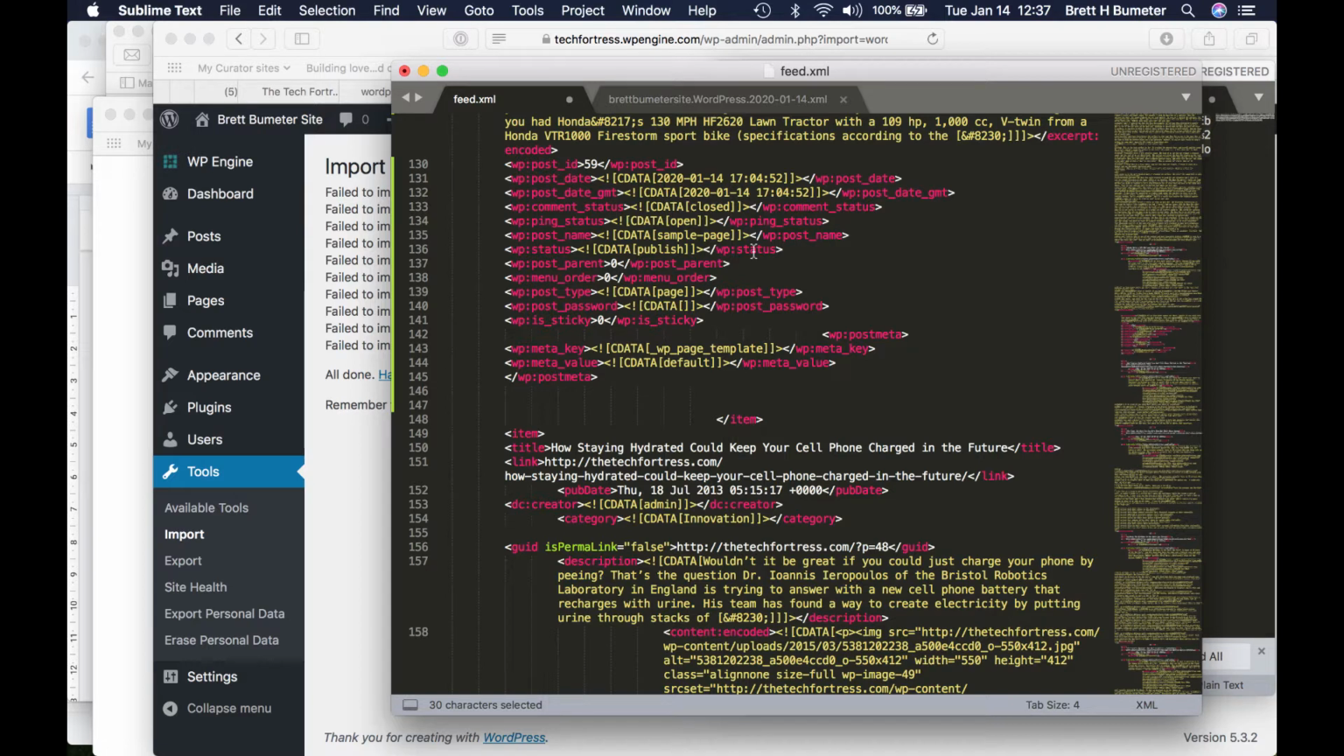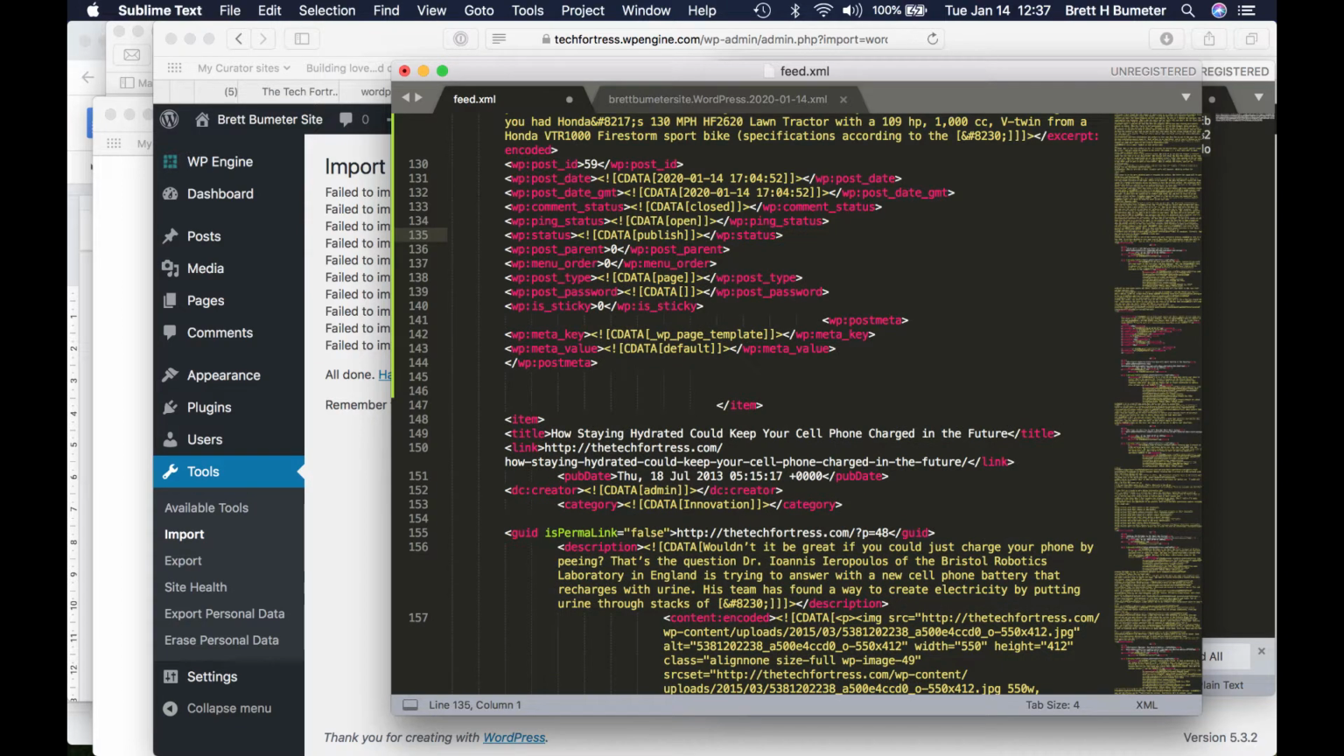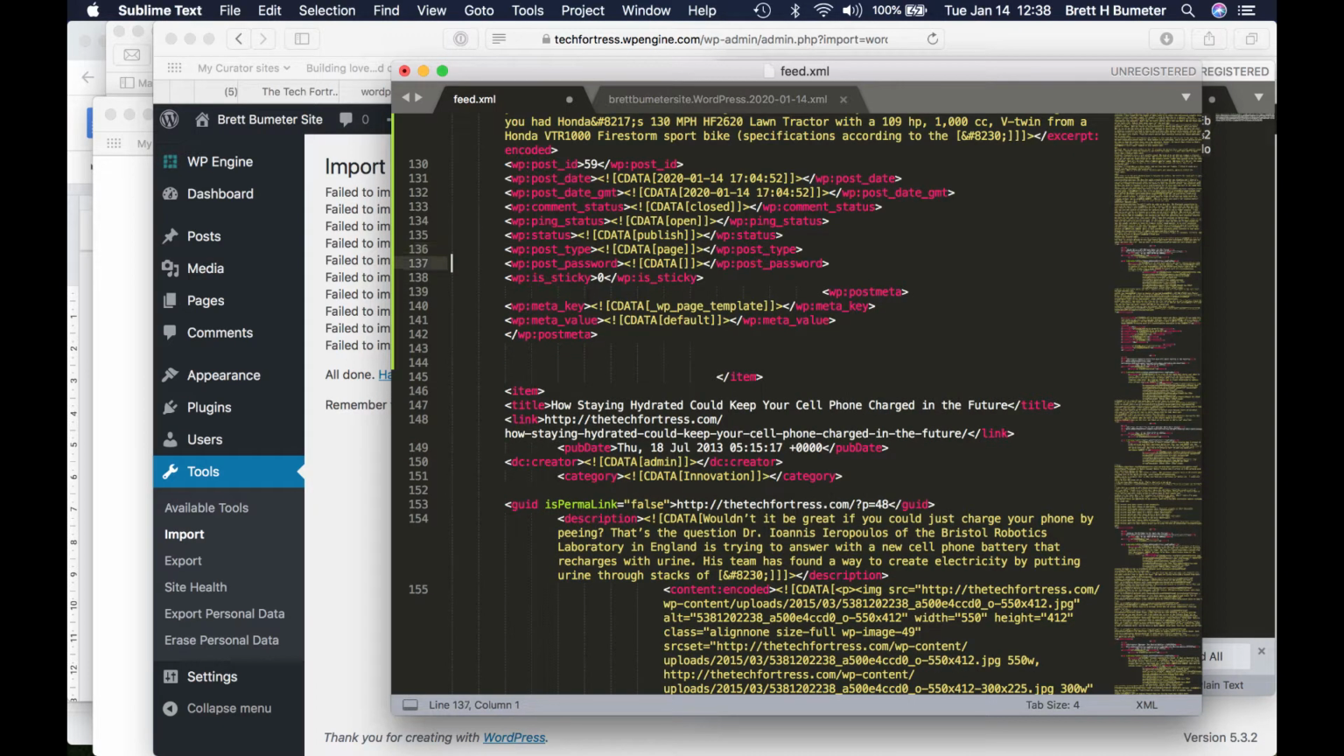Comment status closed, open, sample page. Parent. Our permalink structure is going to be different, so that's going to cause me a little bit of grief, maybe. Maybe I can just delete that. Don't care about menu orders. Okay, so